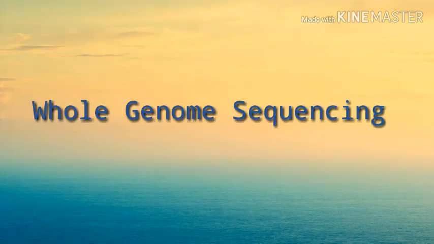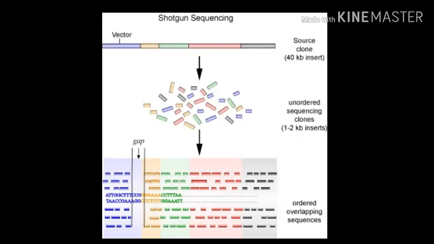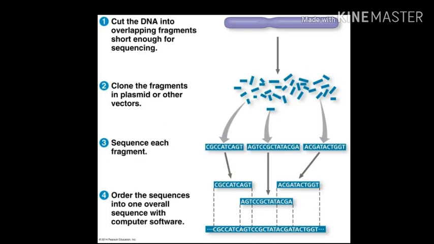Now let's discuss whole genome sequencing. There are 2 approaches for whole genome sequencing, which are the shotgun approach and the clone contig approach. In the shotgun approach, the whole genome is randomly broken into short fragments. Then the resulting sequences are examined for their overlaps, and these are used to build up the contiguous genome sequence. And then let's discuss the clone contig approach,